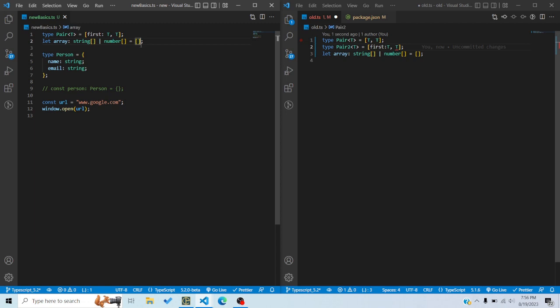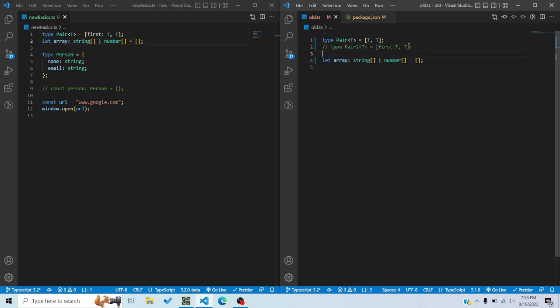Great. Now another thing, union types. If you have an array with different types, and I'm pretty sure you have faced this quite a lot. Let me uncomment it. In this case I've got an array with type string and type number. So it can be a string array or number array. Basically an array which can be of two types, so basically a union type. You will get an error if you do this. So let's say I say array filter x